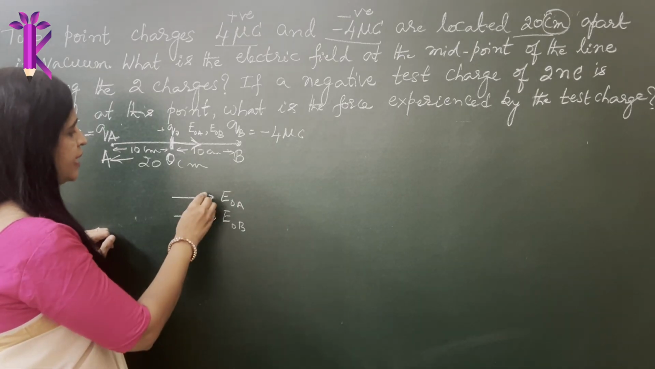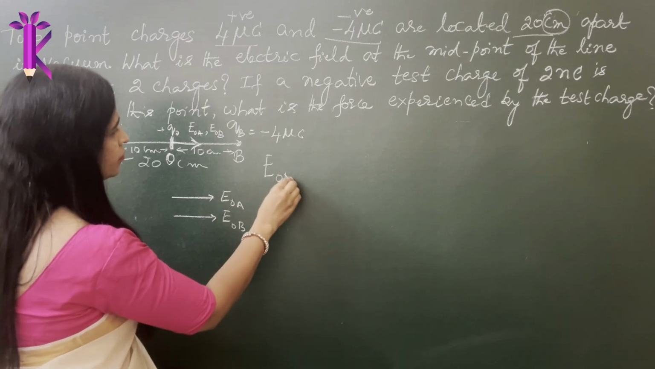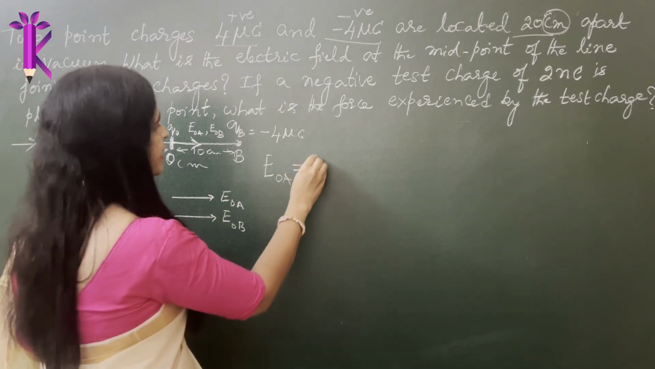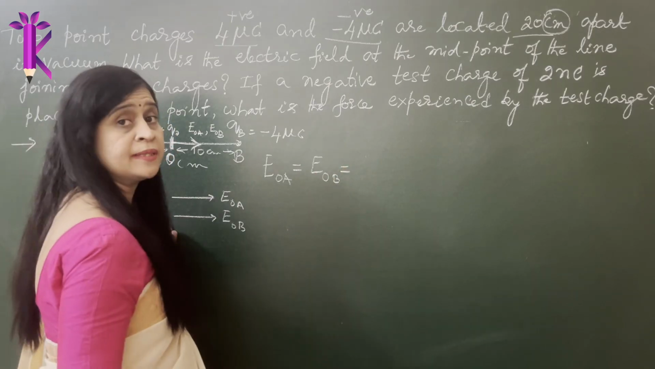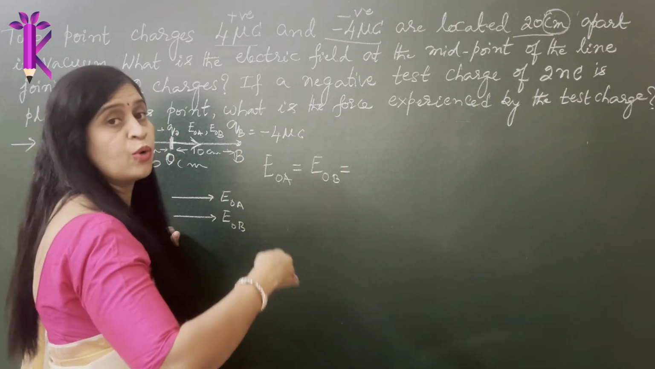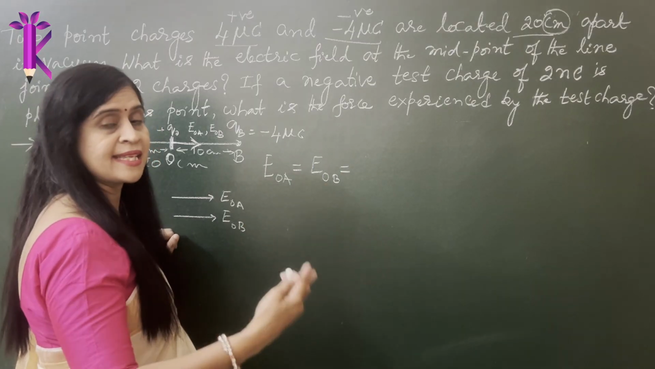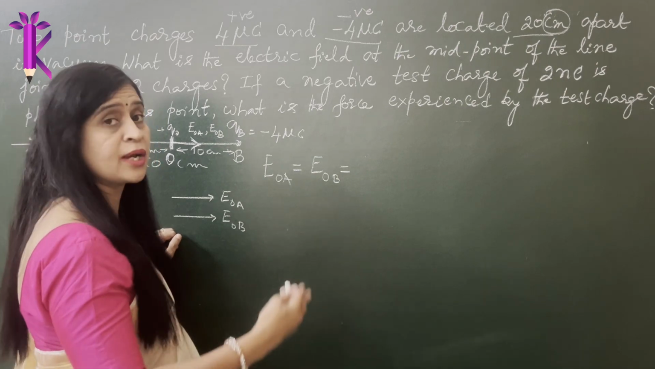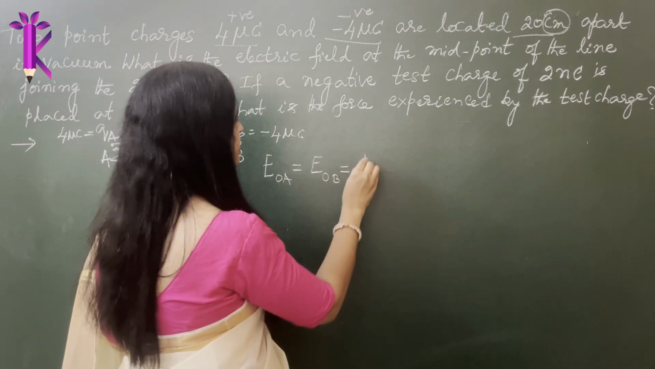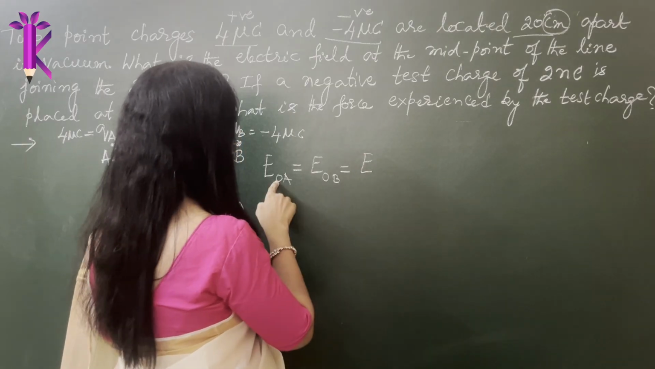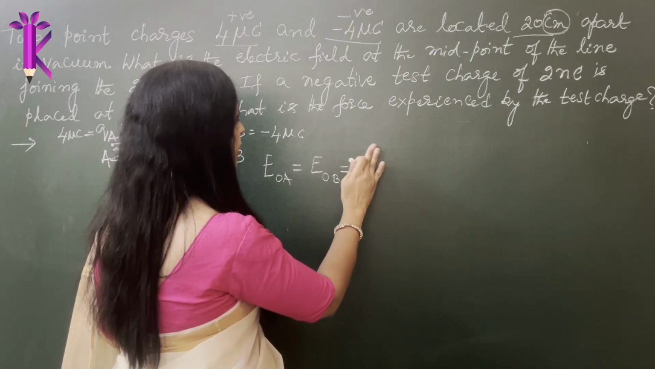So therefore they two add up. The electric field at O due to A is the same as the electric field at O due to B, except that due to A it is moving away, experiencing a force of repulsion, while due to B it is experiencing a force of attraction because it has a negative charge. So you can simply write that they are both equal. So the electric field at O due to A and due to B are equal, and it can be written as,